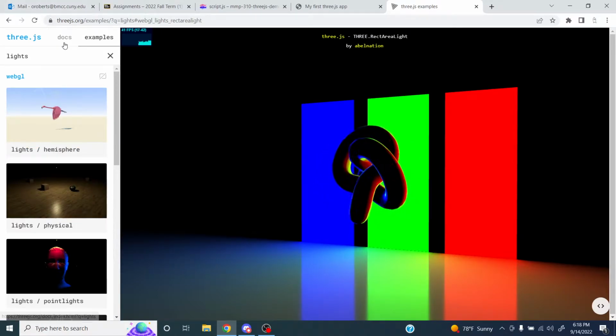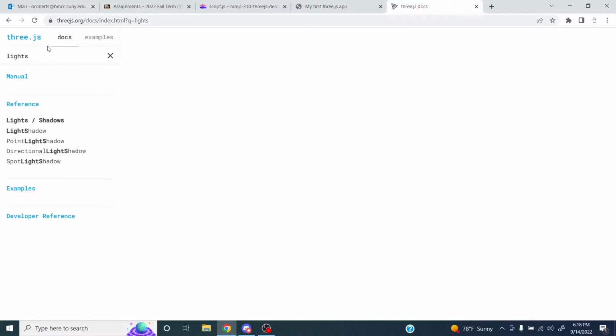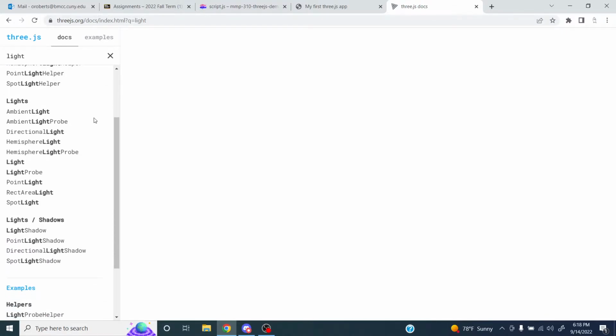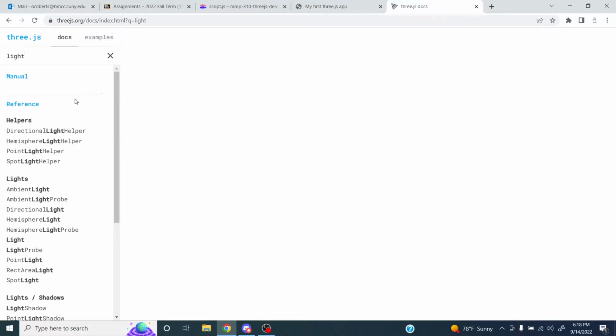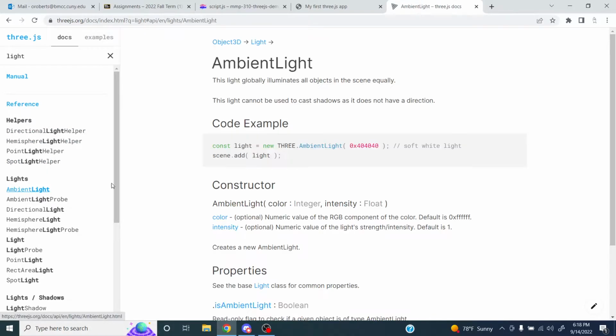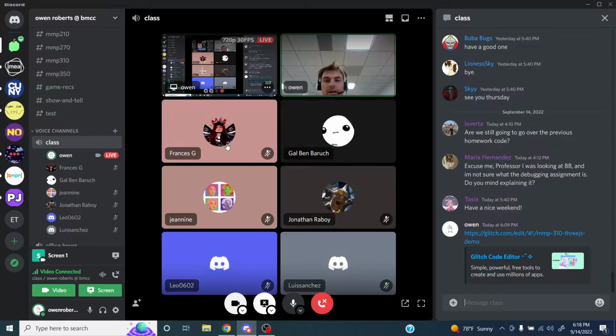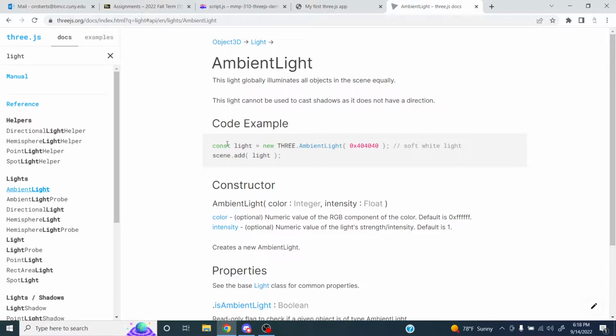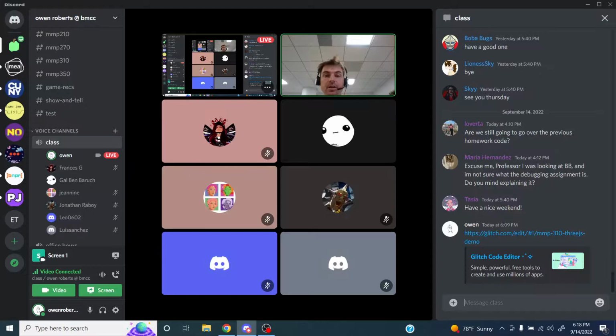So let's go over to the docs and add some lights. I'm going to just type in light, and I think that'll show me more of my lights. Okay, so the most basic light that we're going to start with is an ambient light, and this just puts a certain amount of light in the entire scene everywhere. And most scenes have a soft ambient light in them